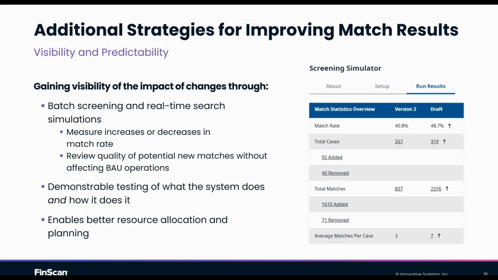And then, of course, in terms of additional strategies, that visibility and predictability we spoke about earlier can't be understated. Whether you're talking about doing batch screening, real-time screening, or changing rules, I want to be able to measure the increase or the decrease in the match rate, the number of cases and potential matches that's going to generate, what new cases are going to look like, what are the old cases that I'm going to filter out in reality.